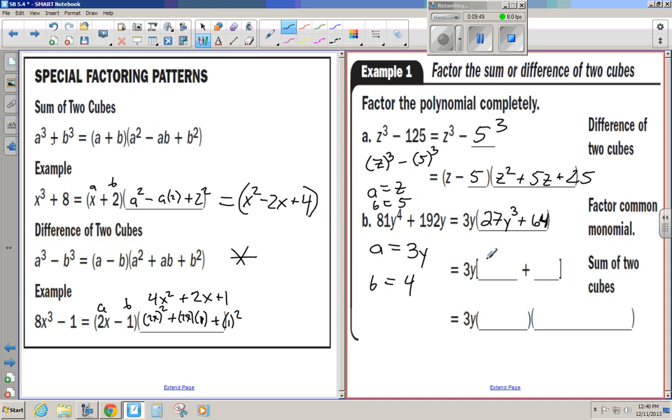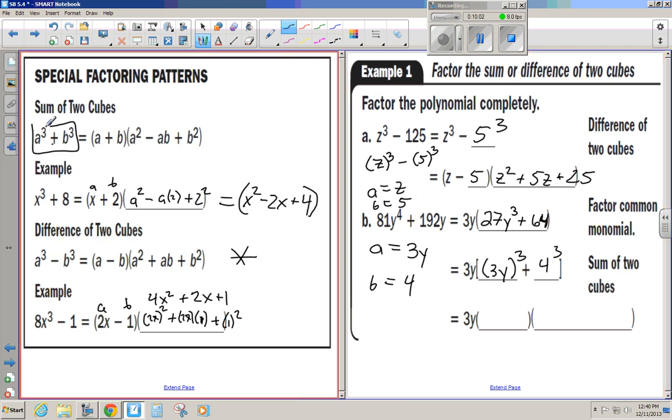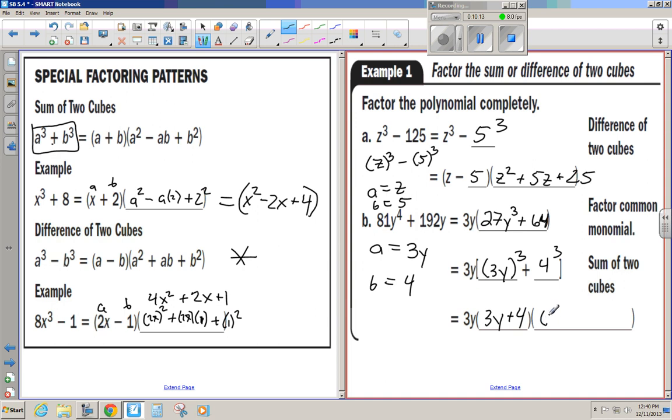You have to write it in parentheses. 3y cubed. 3 cubed is 27. Y cubed is y cubed. And this is 4 cubed. You have to follow the pattern. Here's a cubed plus b cubed. So a is 3y plus b. A is 3y, so that's being squared, minus 3y times 4